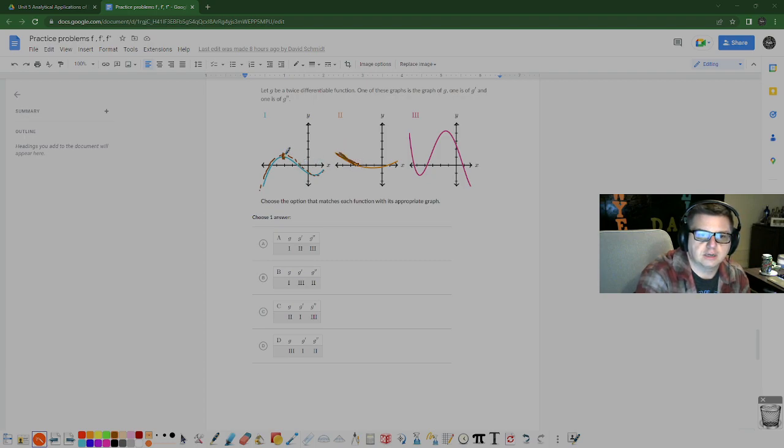Then decreasing from -3 to almost +1. So this is all below the x-axis, so this is all decreasing, and then it reverses to increasing. So potentially right now we have 1 as the original and 2 as the derivative. Now if we can get